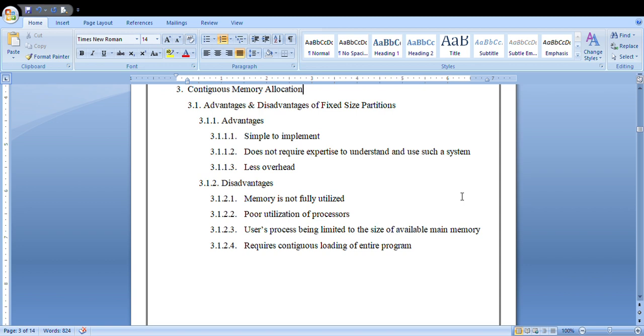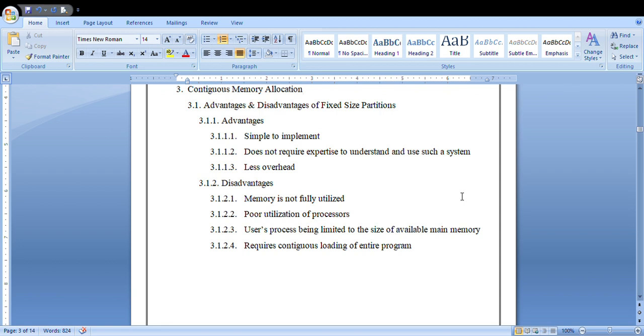If the program or the process you are going to run is very small in size, take an example, if the first partition is 16 MB, and whatever operation you are trying to perform as a user is of very small size, then the rest of the memory location is wasted. Those are a few of the disadvantages of fixed size partitions.